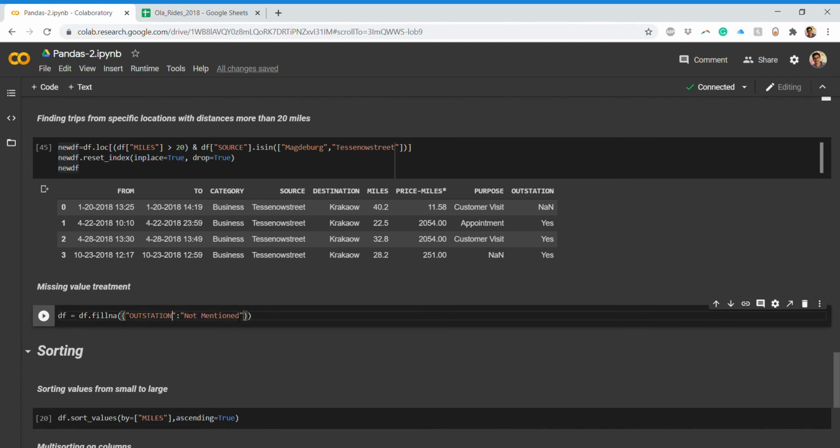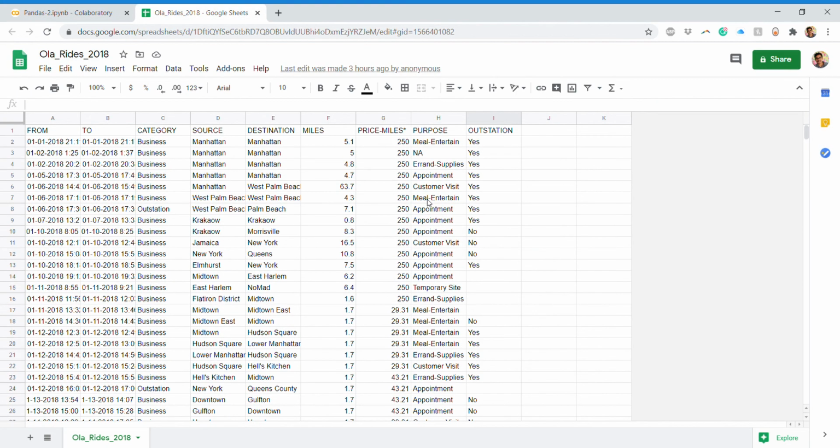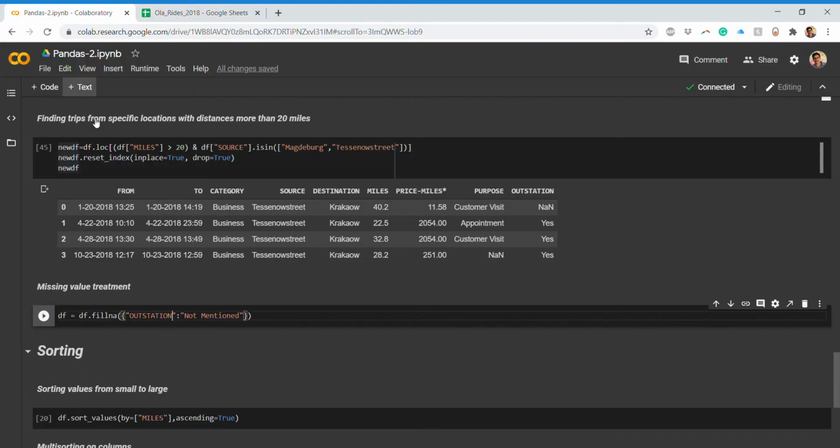So in fillna I'm passing a dictionary, and to this dictionary I have a key value pair, where the key is the name of the column, that is outstation, and the value is not mentioned. So if I run this